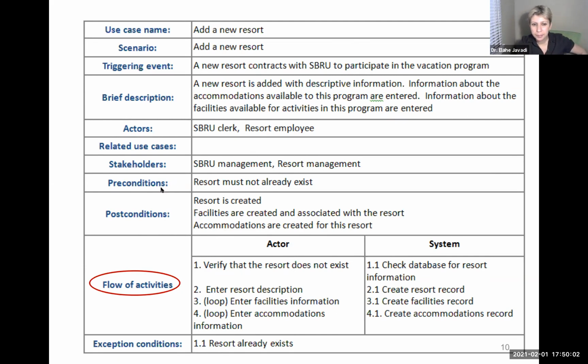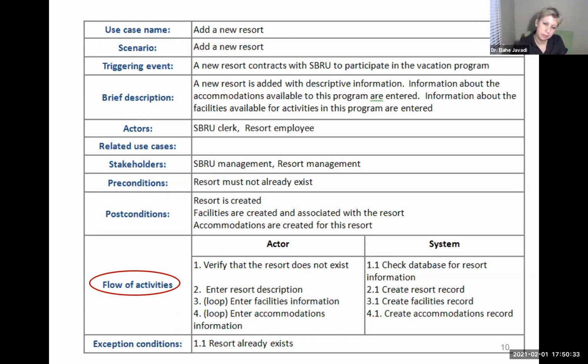So preconditions, post-conditions, some of the areas I want you to pay attention to, and this is the first time you're seeing it. I'm going to show you more examples in the future and ask you to think about those. Also, when you work on your project, I will ask you about preconditions and post-conditions. Have those two keywords in your mind and try to ask me questions about them, try to make sense of them when I